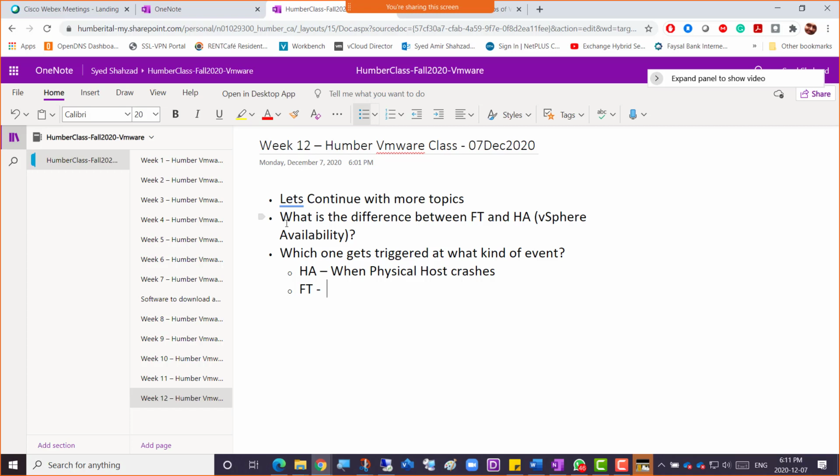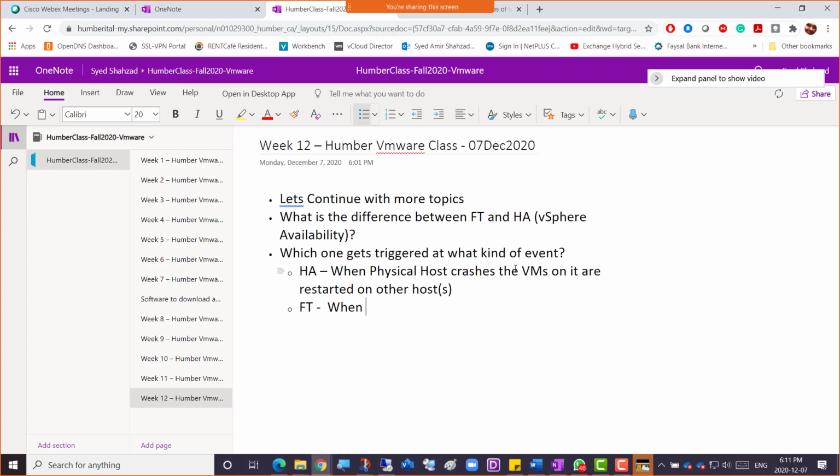So whenever HA kicks in because the host goes down, the VM is restarted, yes. So that is solely that the VM just restarts. That's it. When the physical host crashes, the VMs on it are restarted on other hosts, and it could be host or hosts.